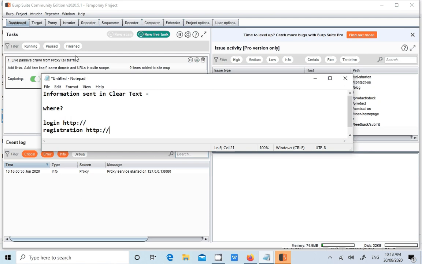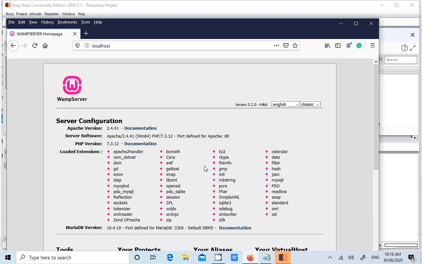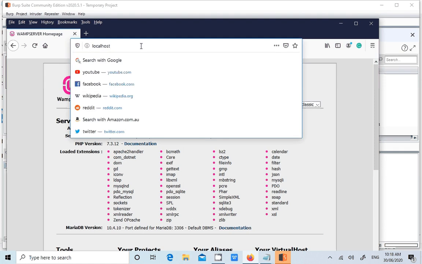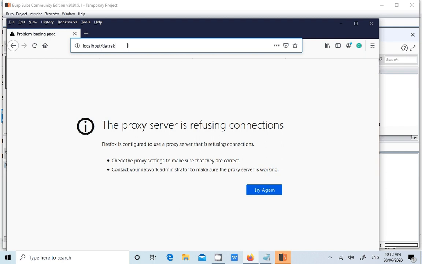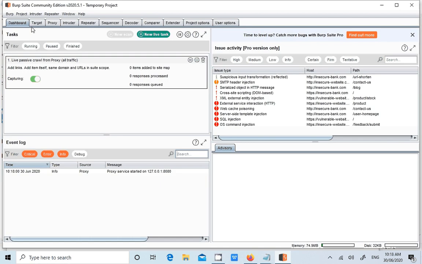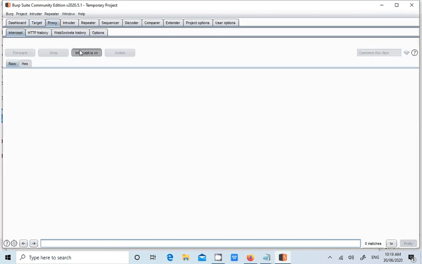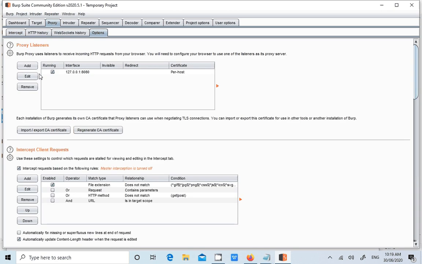Let's see now how you will identify whether the website is running over HTTPS or not. Let me open the application. Okay, now I cannot, because here the proxy intercept should be on, and in options I need to change the port number here.